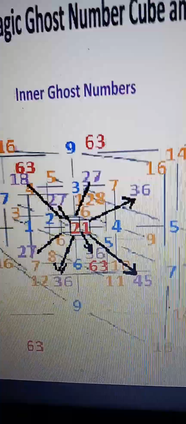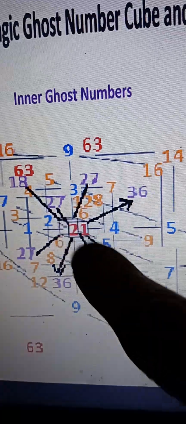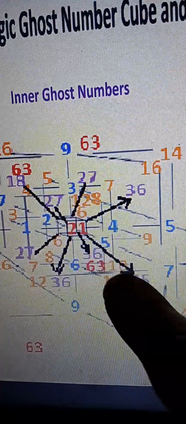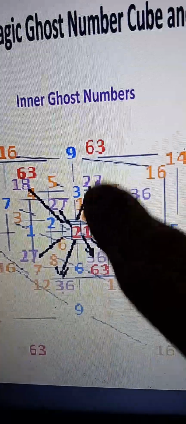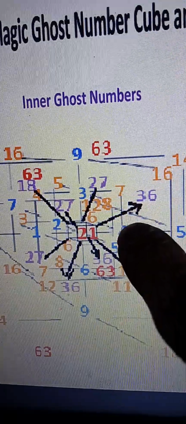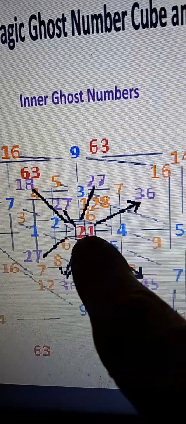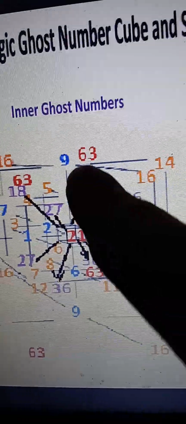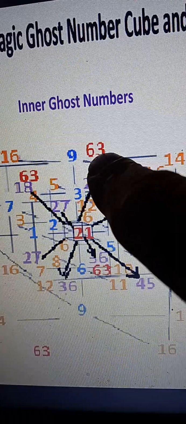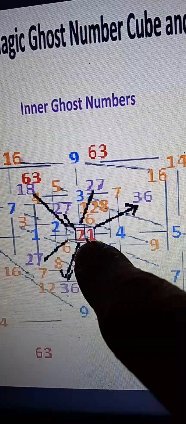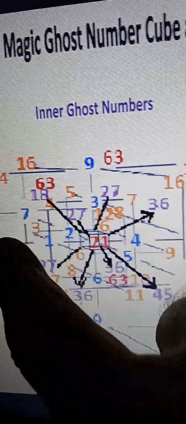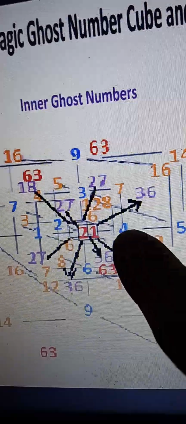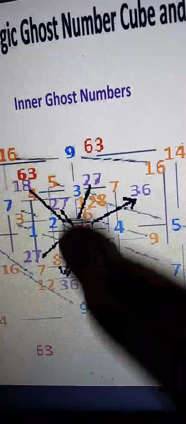the inner ghost numbers don't have to be just diagonals, as you've seen with my other videos on the higher or the hyper or the super hyper magic ghost number cubes and all the other types. You can include the central ghost number, but it raises the outer ghost number by some amount equal to the central ghost number included with the commutative property for the primary numbers going across. But with the octahedral numbers,